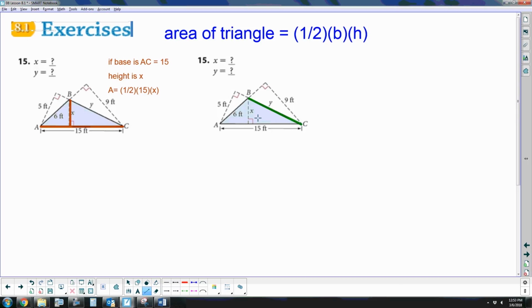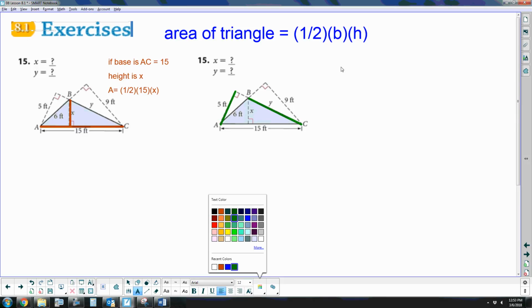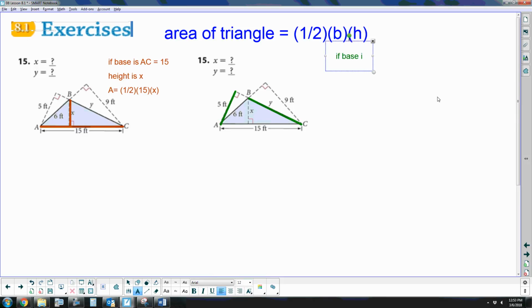And if the base is BC, we need a perpendicular segment that gives us the height, which in this diagram is given perpendicular to BC is a segment that's 5 feet long. So now we can say that if the base is BC, which is y, then the height is 5,